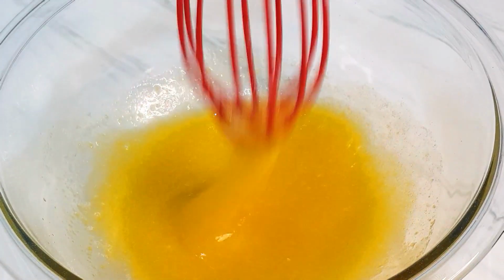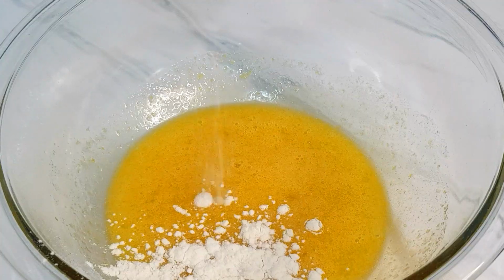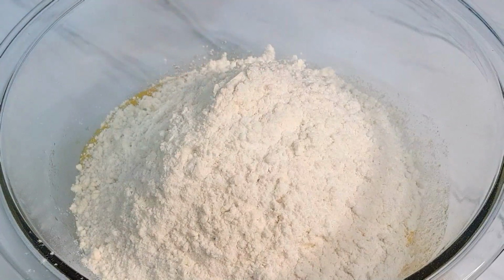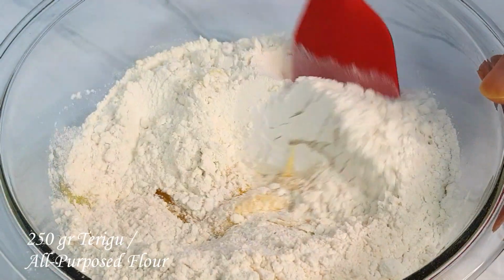And for your information, by the look, Roti Ketawa's shape is similar to Onde Onde, which has a round shape and is equally sprinkled with sesame seed. 250 grams of all-purpose flour,